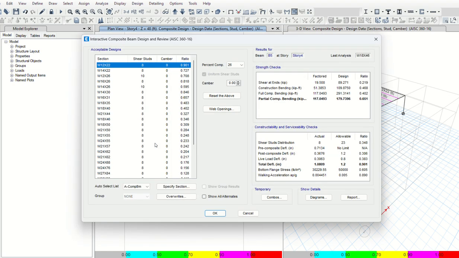select one of the beams and right click, so you'll see the whole table. The beams on the left are all workable sizes, right? The heavier the beam size goes, obviously the stress level is getting lower. The beams require only the minimum number of studs. Those sections are all in this composite beam group, so they are just all listed down. Also, the strength check and deflection check are shown here,